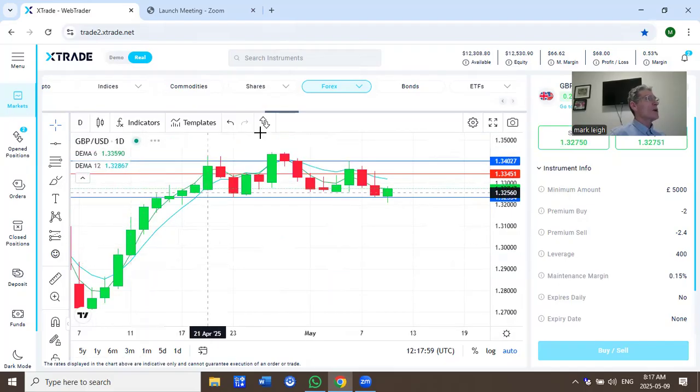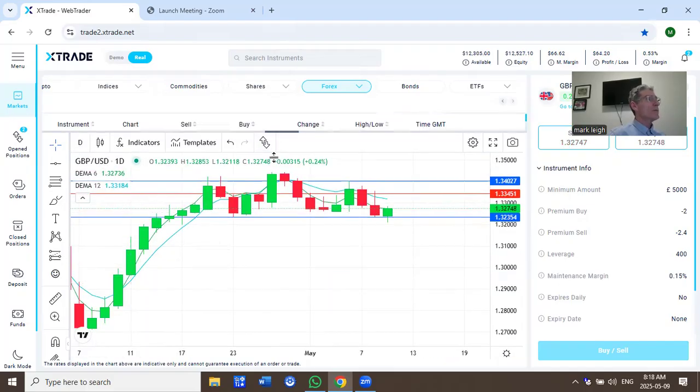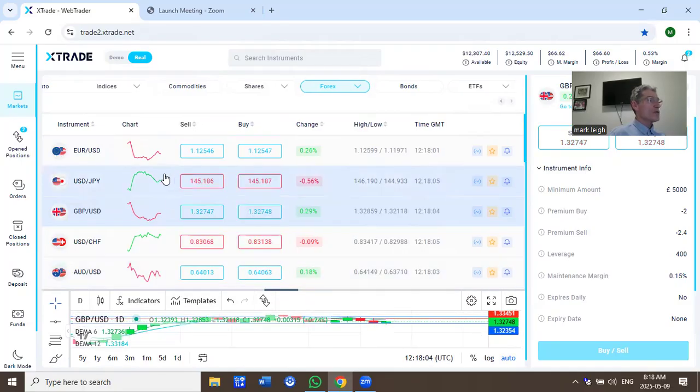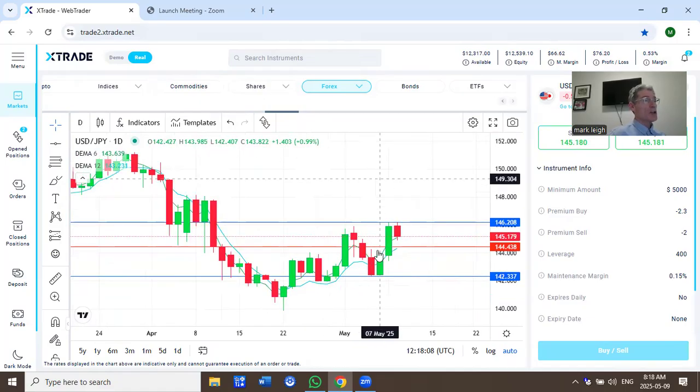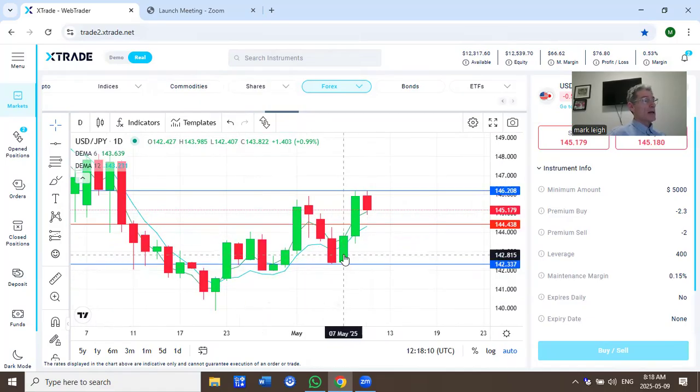Let's have a look at the US dollar yen. Also strong. The US dollar strengthened over the past couple of days. You can see that. Look at the strong run on Wednesday. Yesterday, a strong day again for the US dollar against the yen. Resistance up here at 146.17. So far today, a double top has come down off that level. The US dollar is being sold off as it is against the euro and the pound, and the yen is strengthening and sitting right now at